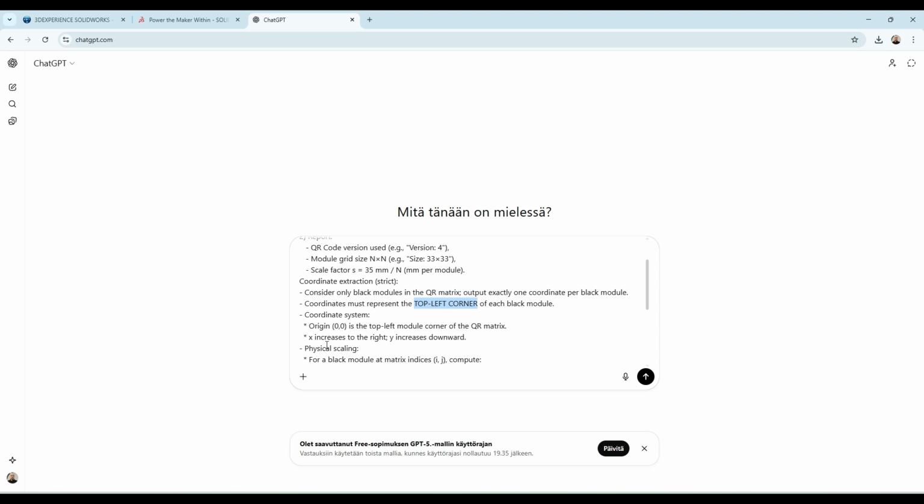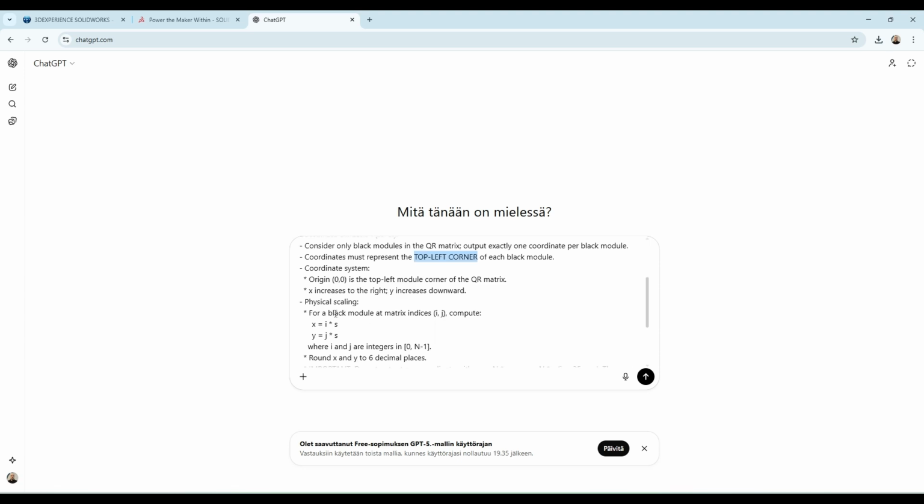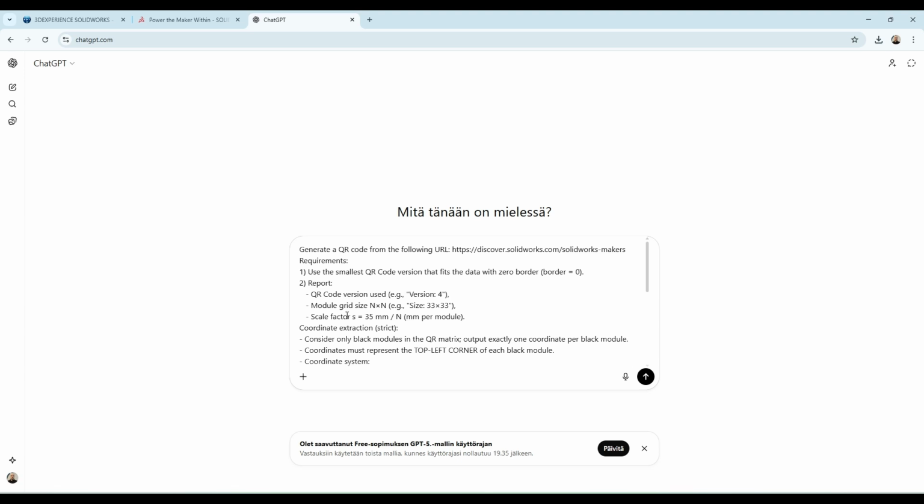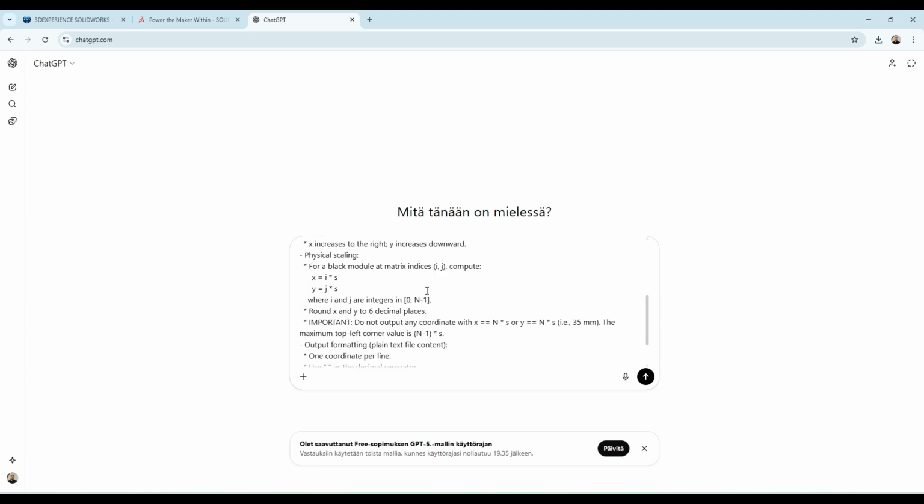Origin 0,0, X increases to the right, Y increases downward. Then comes the scaling. It multiplies the whole-number coordinates it has calculated by the scale factor and uses 6 decimal places.